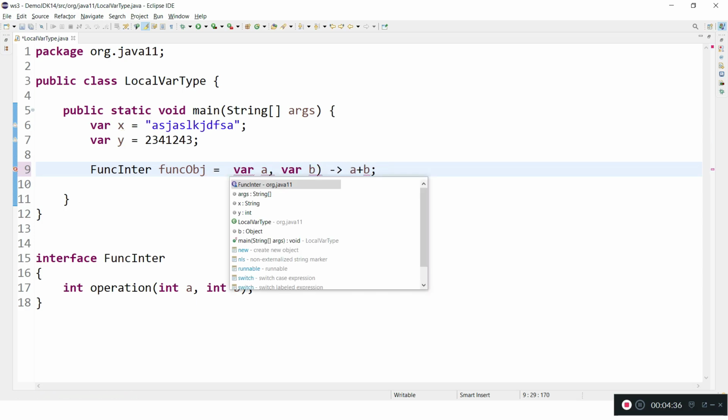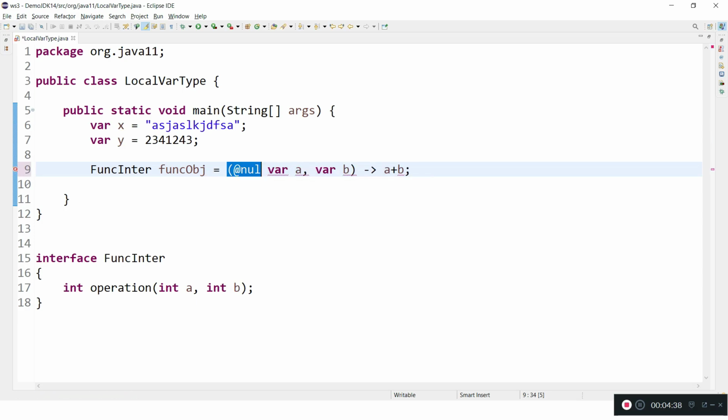And here are the conditions. When you are using the local variable type with multiple variables, all variables should be of var type only. You cannot have one as var and the other as int. That is a violation. Either all variables are var, or all are some specific type.